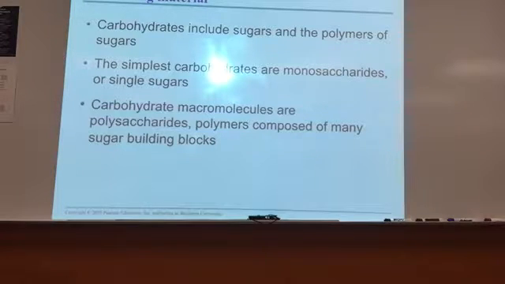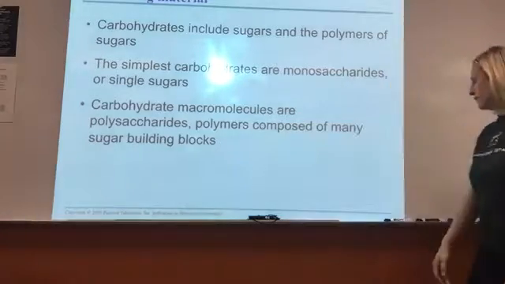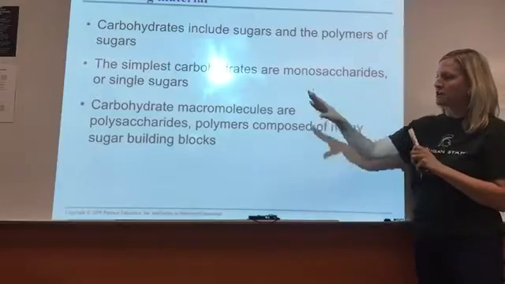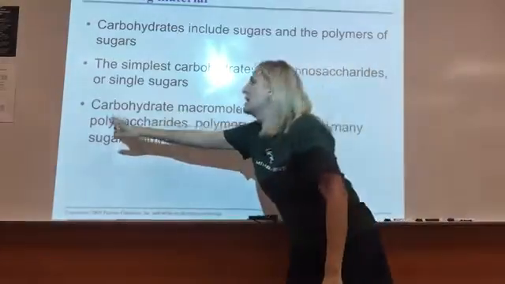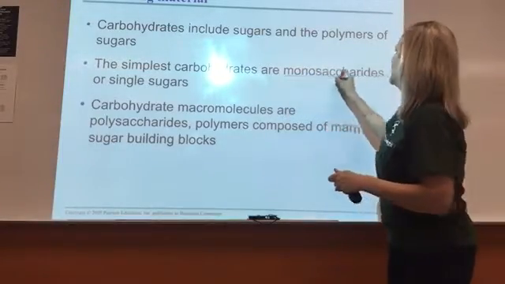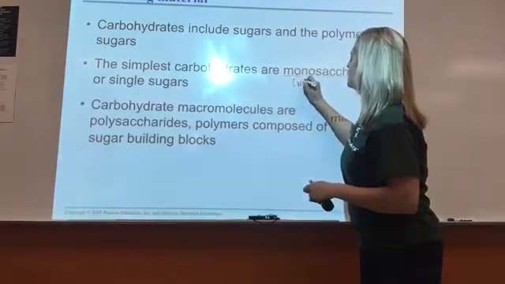And the macromolecule is formed by hooking all those monosaccharides together and forming polymers. The polymer for carbohydrates is called a polysaccharide. Poly means many, and saccharide refers to sugars. So the monosaccharides here, these guys are the monomer